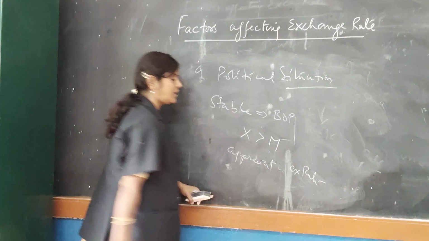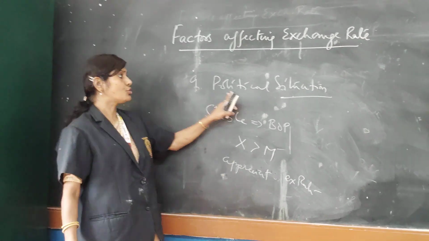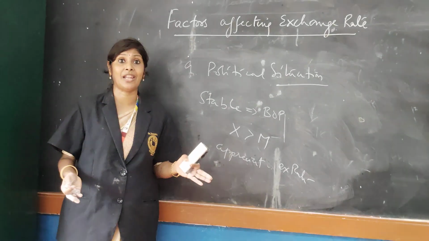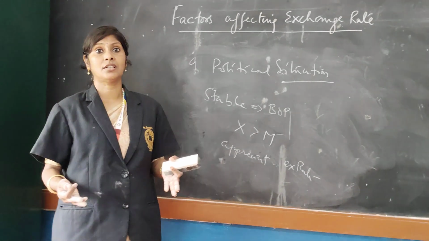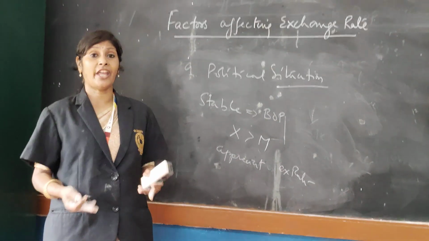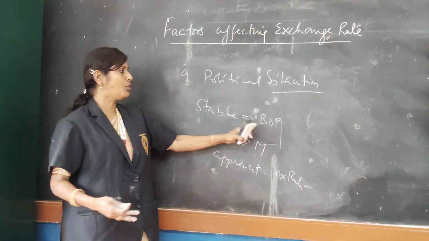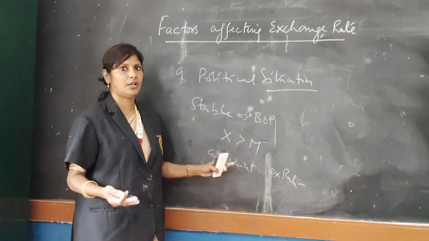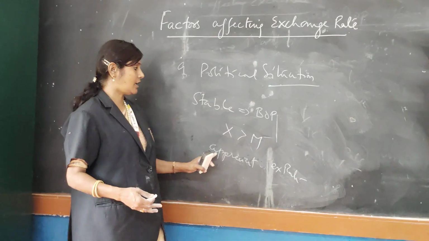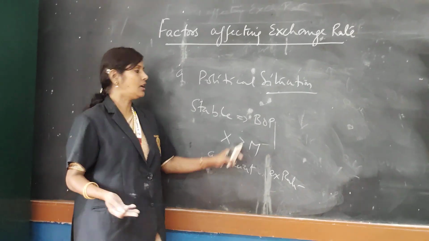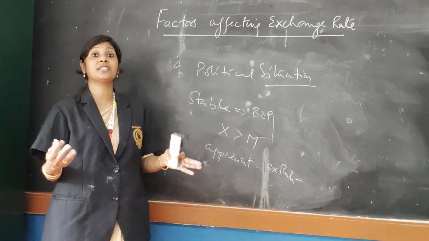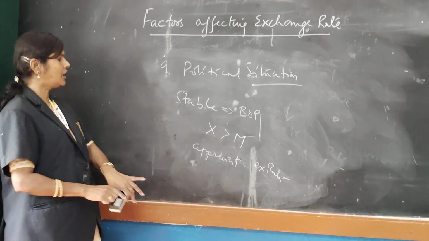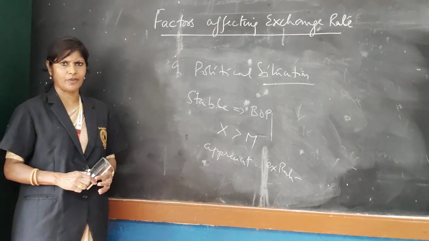Okay, in terms of India, you see there will be an appreciation of the rupee. So the political situation has to be stable. For example, if the political situation is not stable, like Pakistan, Iran, Iraq, then Peru and Ukraine, there, if you see, the BOP situation is very bad. Export is not taking place because of the war happening there, and there is a lot of imbalance in the balance of trade. So there is a depreciation of the exchange rate in those cases. So that is what the fifth factor, the political situation, talks about.